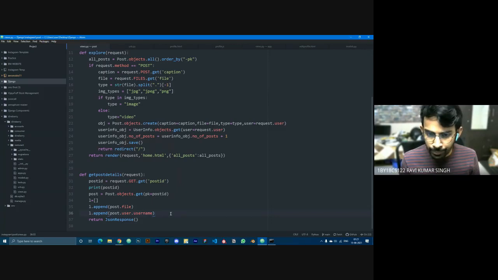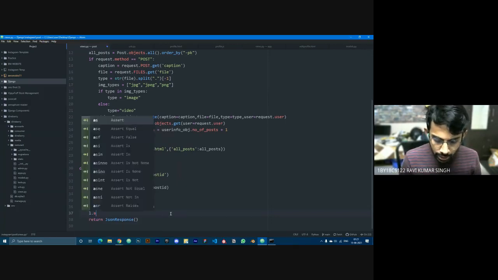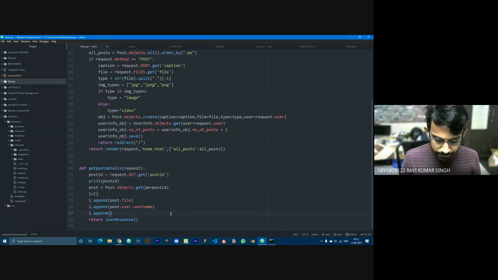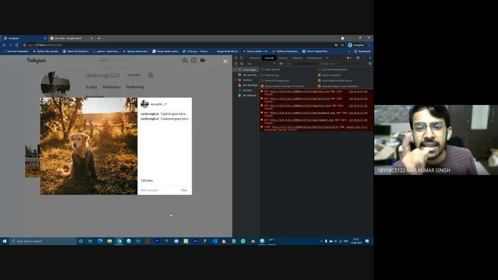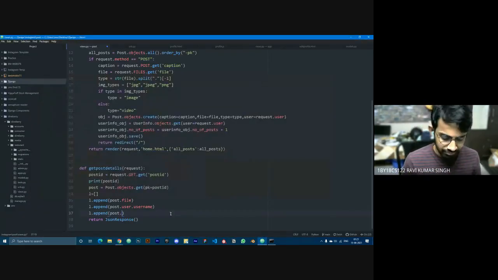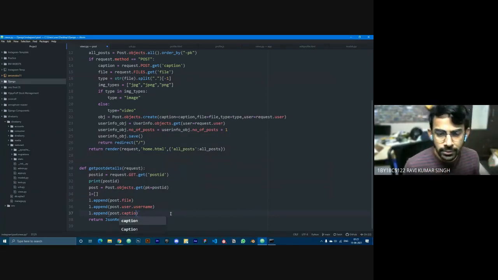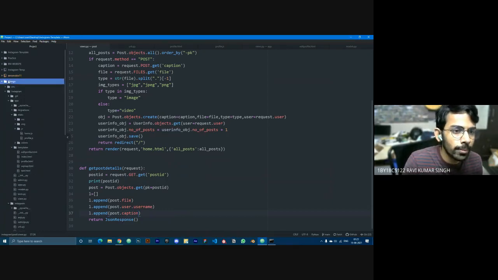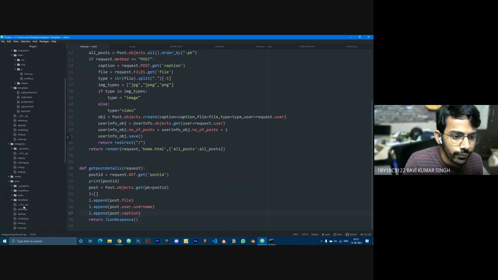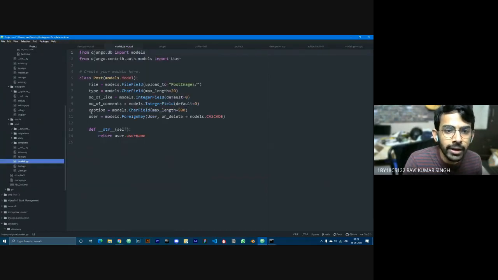I'll append the username. l dot append post dot caption, right? Post dot caption. It was caption only, right? Let me just check the views.py file or the models.py file of post. Yeah, it is caption. Cool.